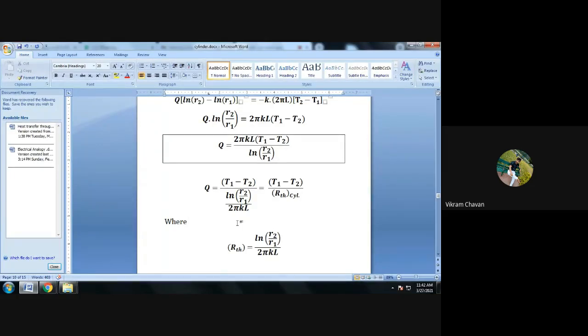So the subject is completely like this manner only. We have to understand the derivation, we have to understand the concept, and we have to solve the problems. Everything in this particular subject: concept, derivation, problem. Have you written all the points? Please let me know in the comment box whether you have written all the points or not.